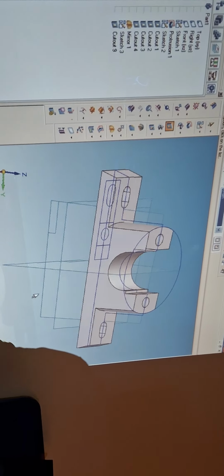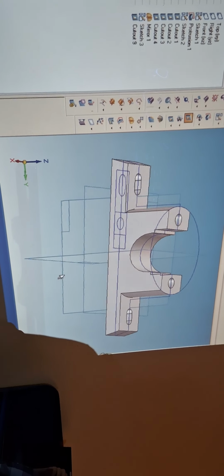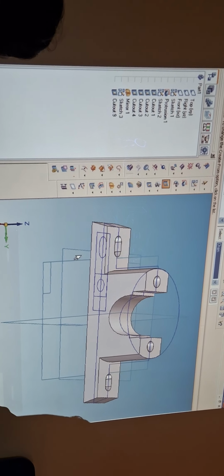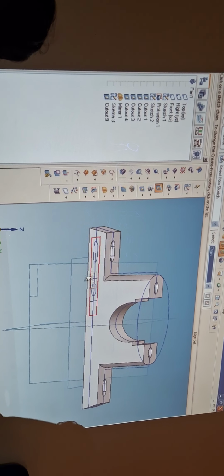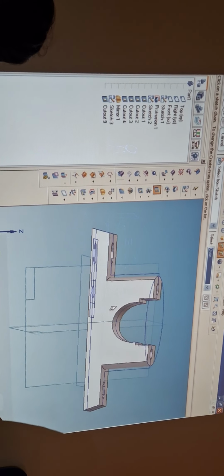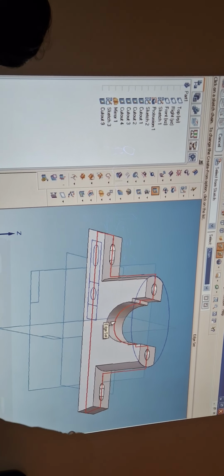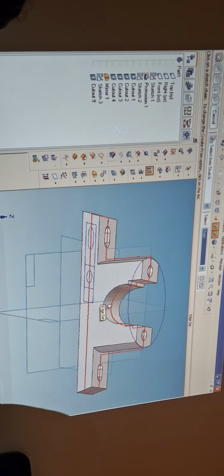Have you seen a plumber block? I think many of you are working in industry, so you might have seen the plumber block. Next we need to go for here. What do you need to do? Here a circular cutout we have to make at the center. Can you see?